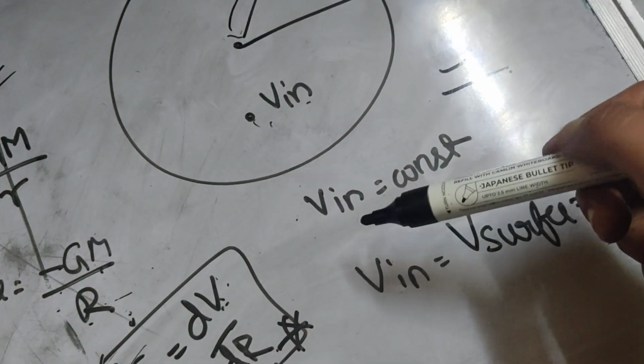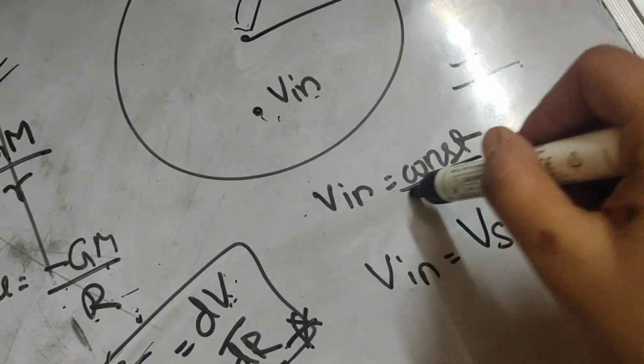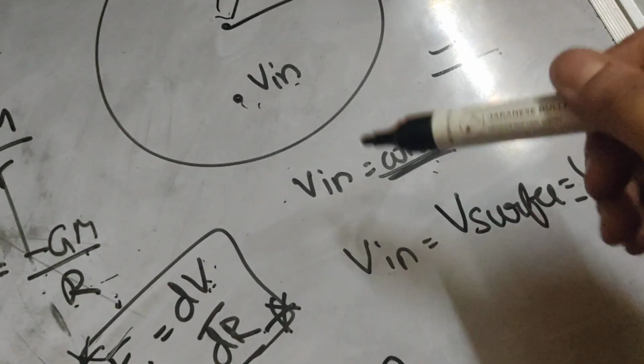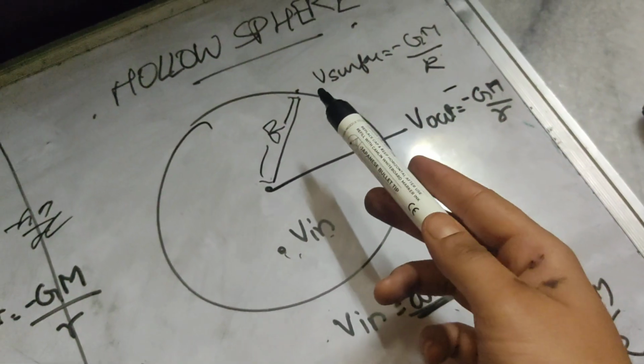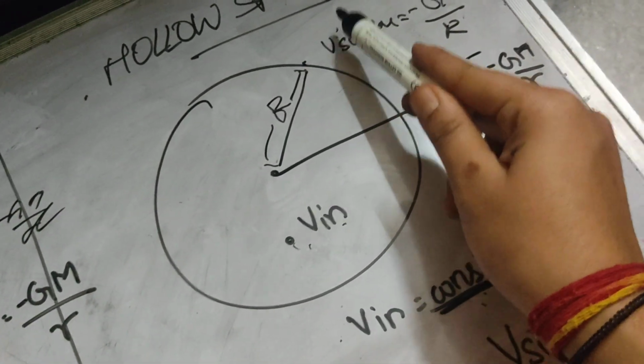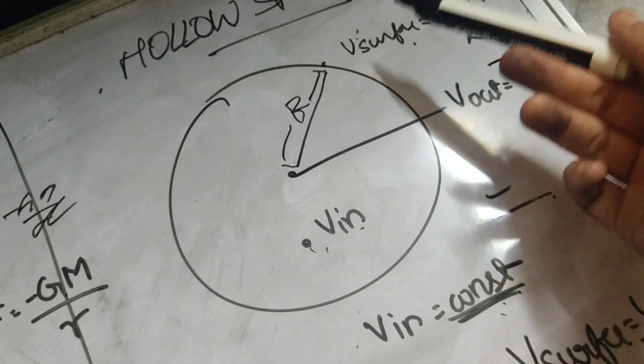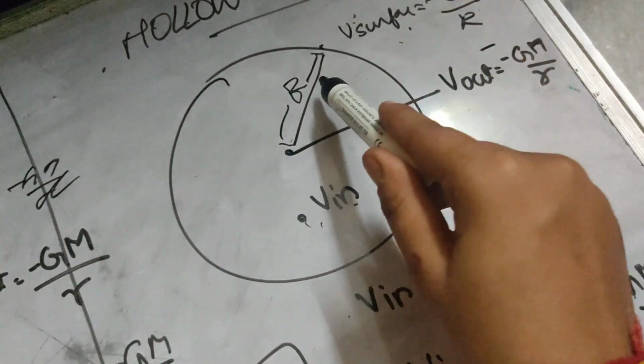zero, sorry, not zero, it will be constant, it will be a constant value. And how much will that constant value be equal to? It will be equal to the potential at the surface. So whatever gravitational potential you have at the surface, the same potential will be there across the